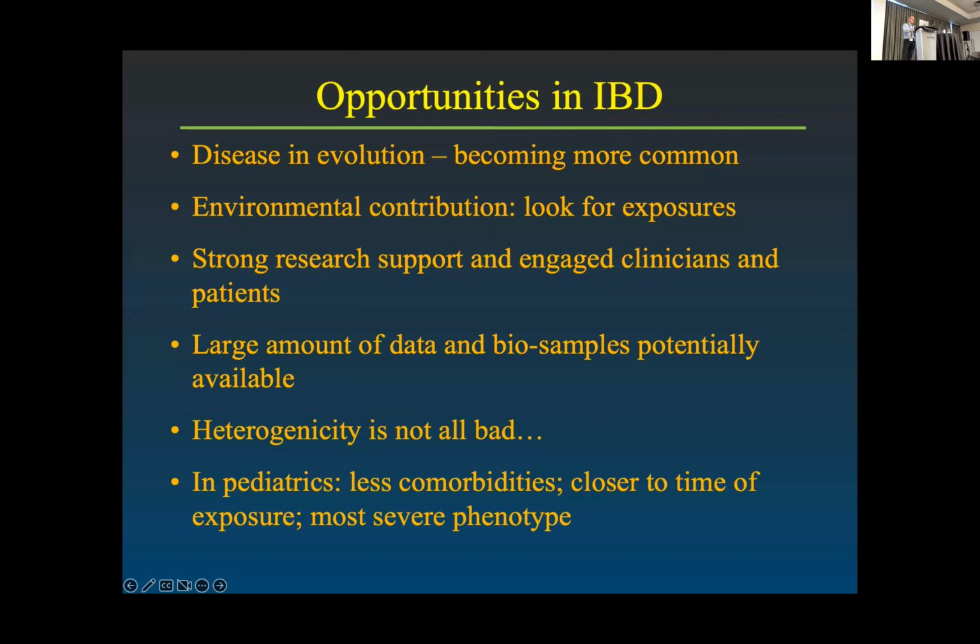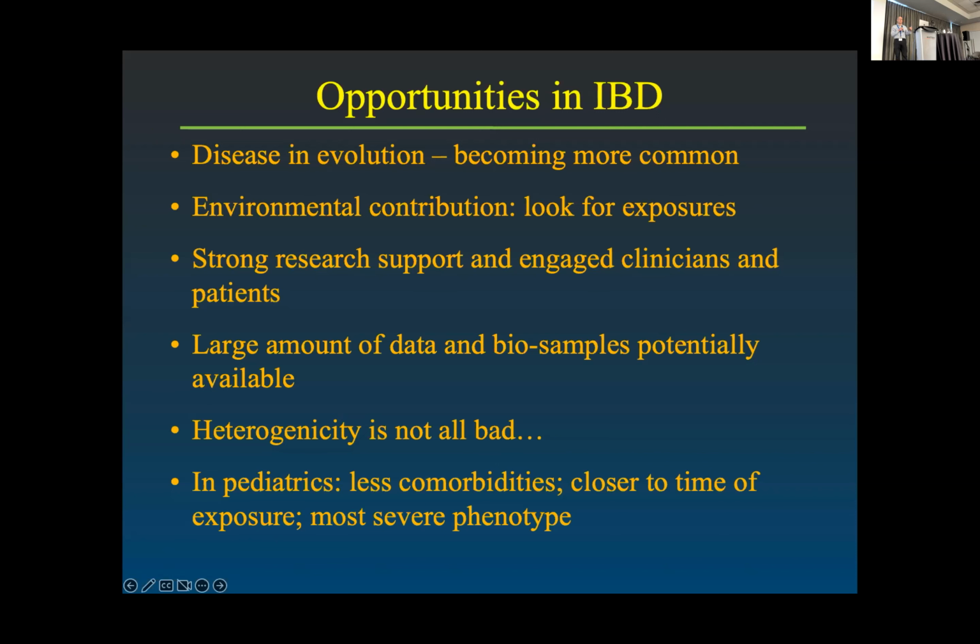Looking for exposures, I think very much relates to that. This is an area that is receiving more recognition and more research support. And I'll talk in the next slide about the engaging environment that we have within Canada specifically. We do have a large amount of data and biosamples, which again, I'll show as examples, that I think can help solve some of this. And heterogeneity is certainly a challenge, but it also is an opportunity because we can then better try and classify, for example, with principal component analyses and other ways, which subgroups are clustered together and might behave in a way that we can better identify and define.